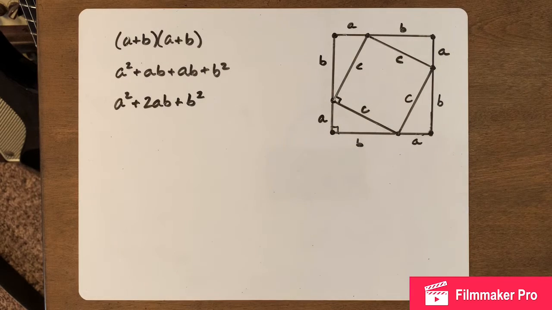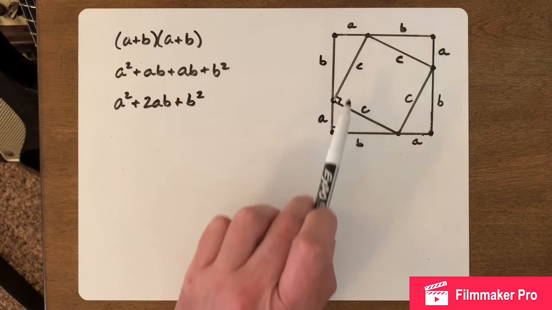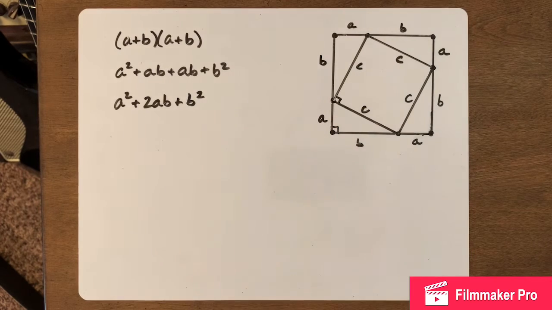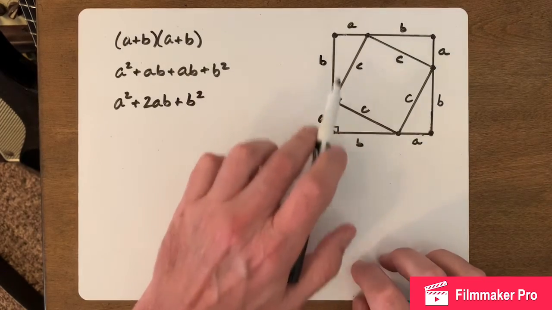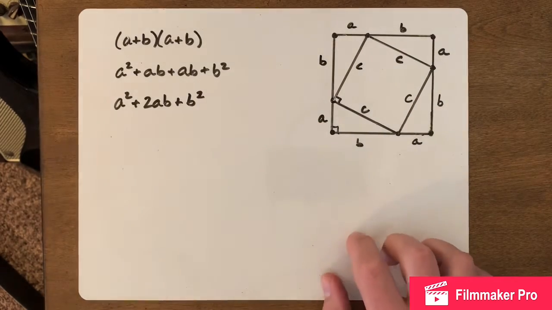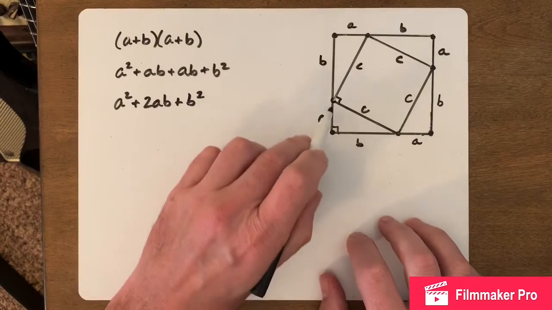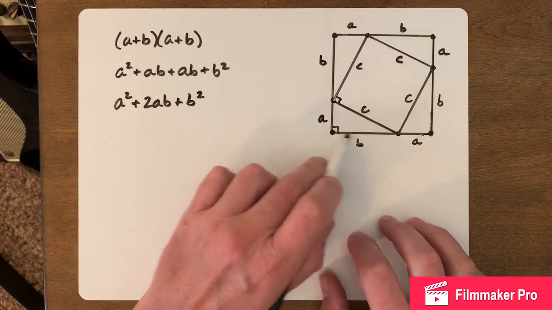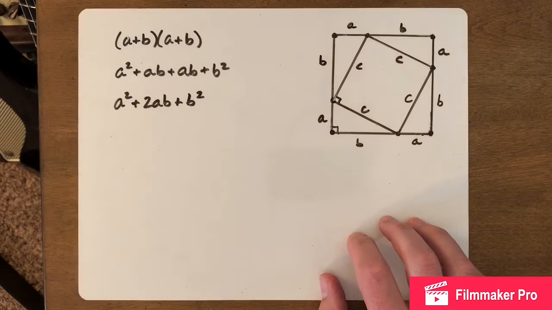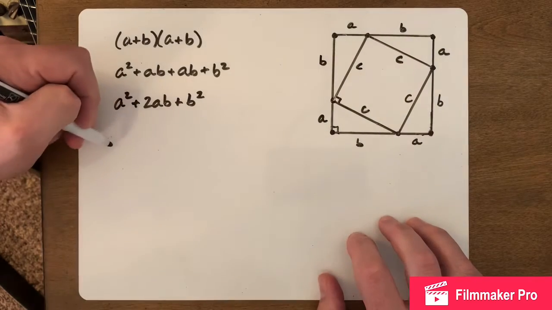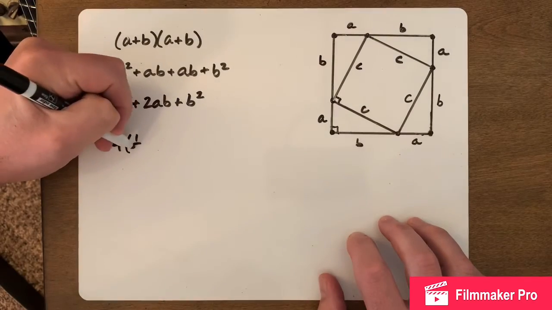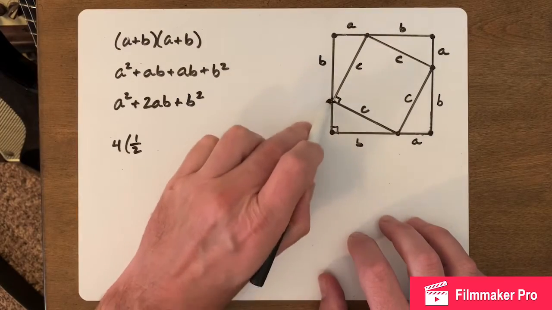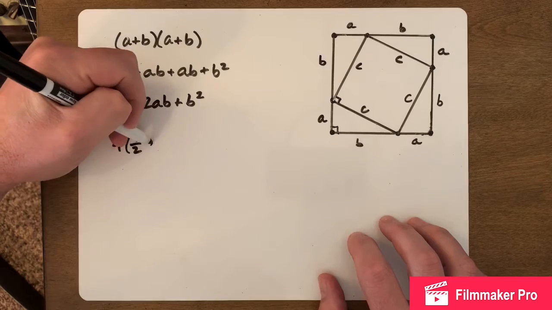However, you can also think of this big square as a bunch of pieces, like a puzzle. I have 4 right triangles and a square in the middle. And so if I take each of these pieces here, I have 4 triangles, right? 4 triangles, and each of those triangles is 1/2 base times height. And so if I think about it that way, I have 4 of them, and each of them is worth 1/2 base B times height A, which I'm just going to call AB,